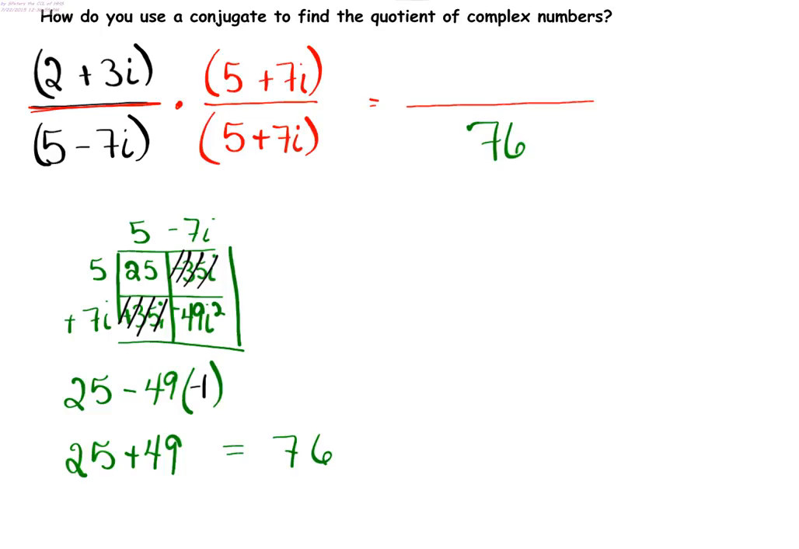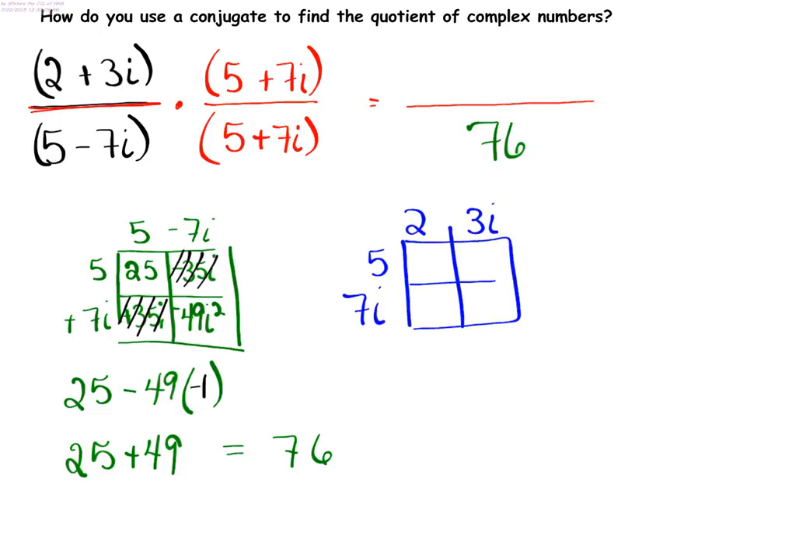The top, we'll do the same method. I get 2 plus 3i and 5 plus 7i. I'm going to do some calculating here. Let's see, what do I get? 5 times 2 is 10. And 15i. I get 14i. And I get